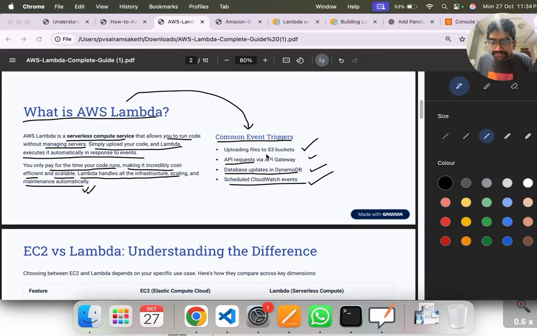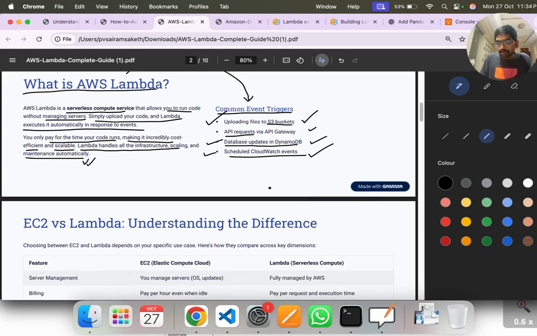See, these are some of the examples that don't require any compute, and it's a serverless service. One is S3, which is a serverless service. While creating S3 also, we didn't create any compute instance. DynamoDB also is a serverless service. So for performing all of these things, even CloudWatch is also serverless. So in today's lecture, we're going to understand